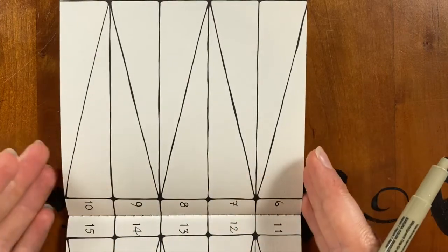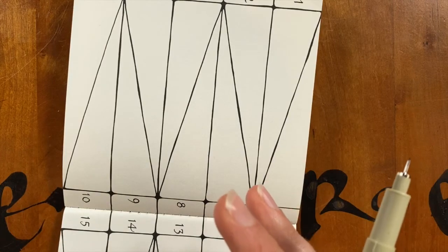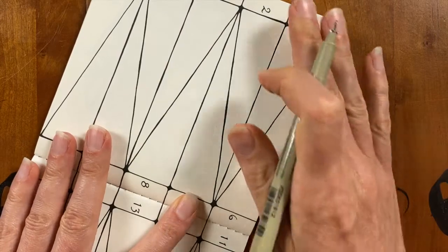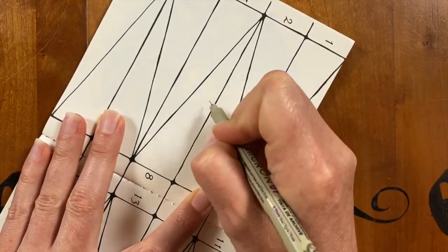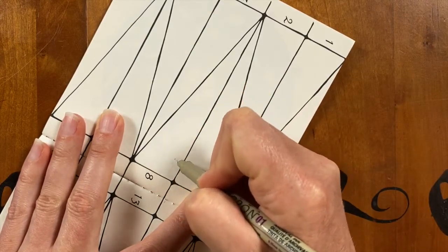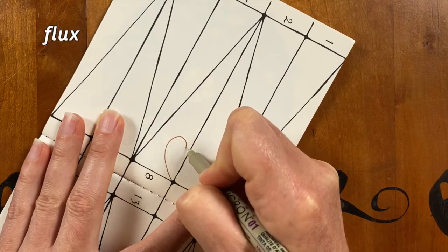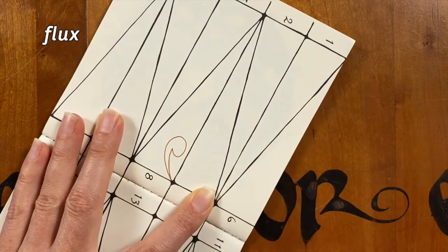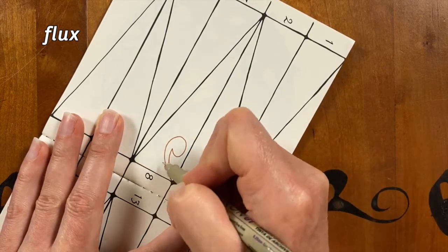So I am going to do my version of original flux as close as I can, but it might even be a little bit different. So here we go. I'm going to start from this corner and sort of zigzag my way up. But here is the basic shape of this flux, and it is a lot like, to me, an apostrophe. Like if you were to draw an apostrophe, I mean, that one's a little bit backwards, obviously, but it's sort of that shape